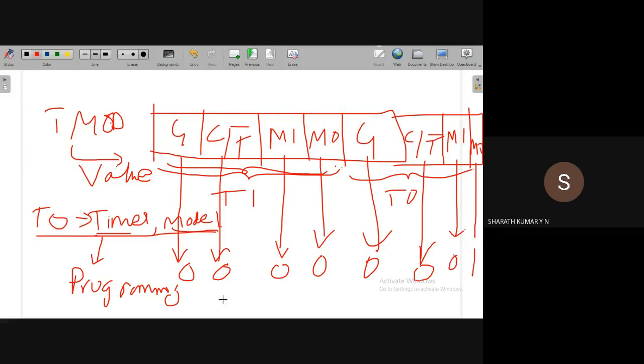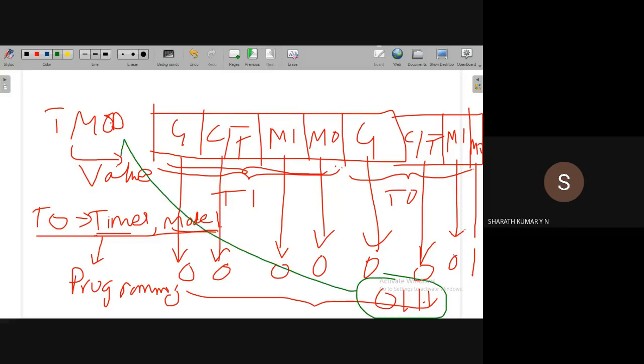That means when we load the value 01H to the TMOD register, we can achieve timer 0 in timer mode of operation and mode 1 operation. How to load this value is using an instruction. Very simple.